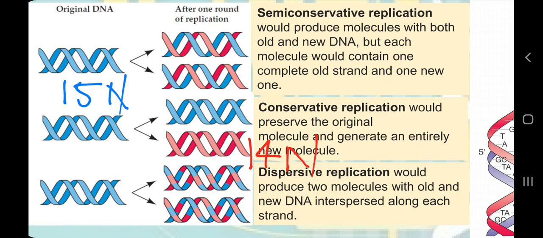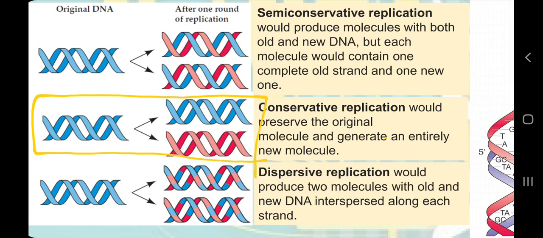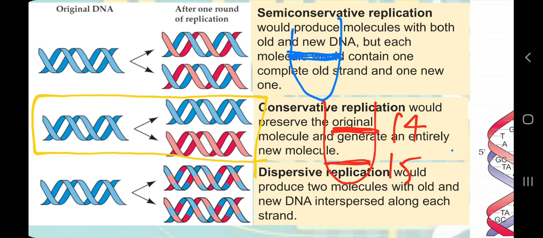So what will happen if the conservative mode of replication was there, although we know that it was not there. If the conservative mode of DNA replication was true, what do we expect to see? We expect that in this test tube after 20 minutes we will have two bands, one for 15N, one for 14N. But what we got, we didn't get either N14 or N15. We only got one test tube with an intermediate band. This proves the semi-conservative mode of DNA replication.